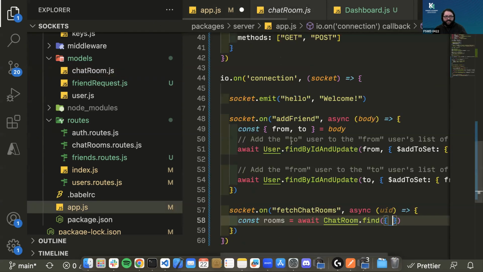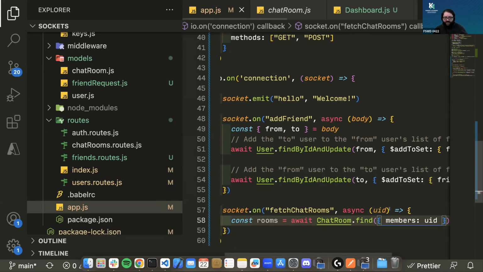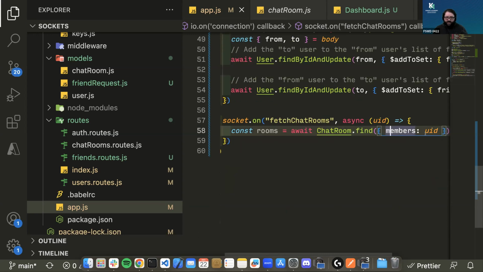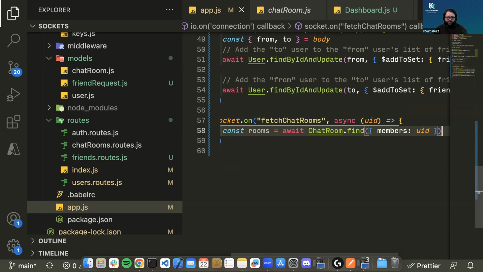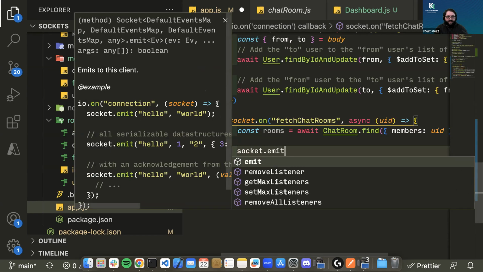Members array contains the logged in user's ID. So find where the members, and if I just put UID there, it will get me the chat room with those members. And then I'm going to just start with, just do that. I'm just going to do that. And then we'll emit